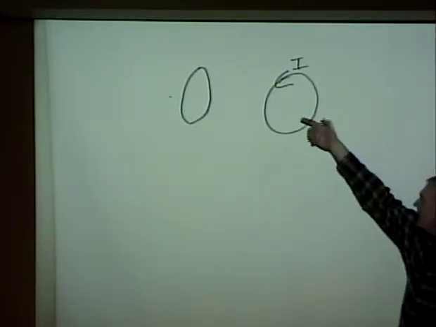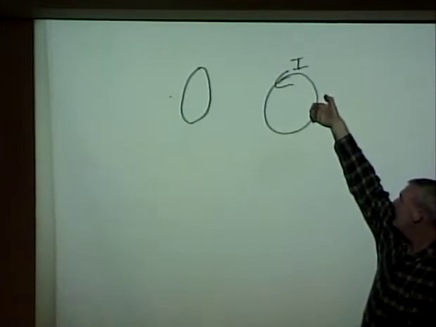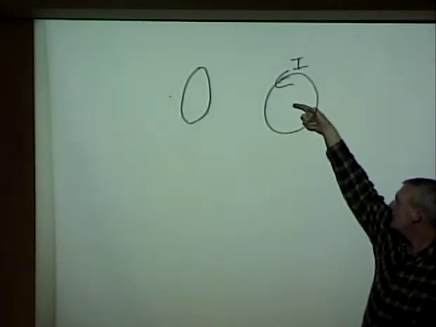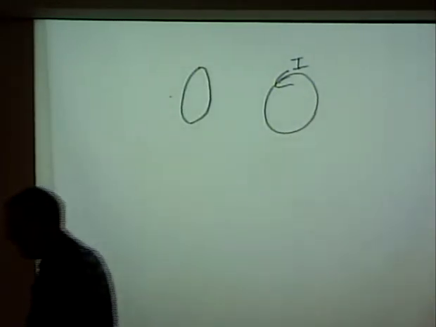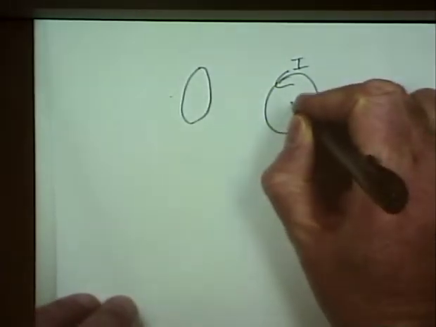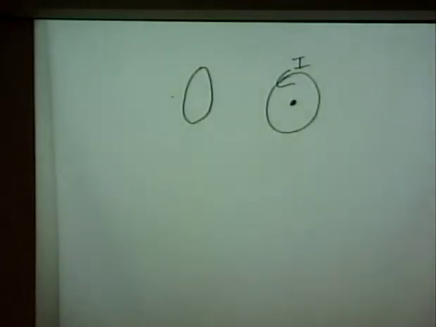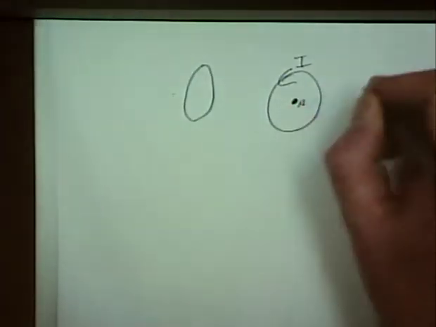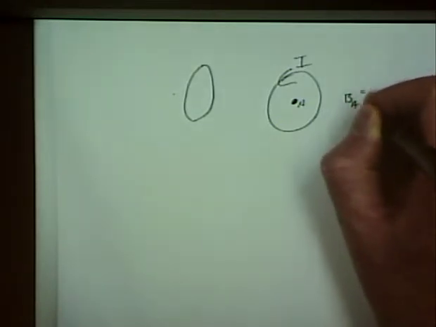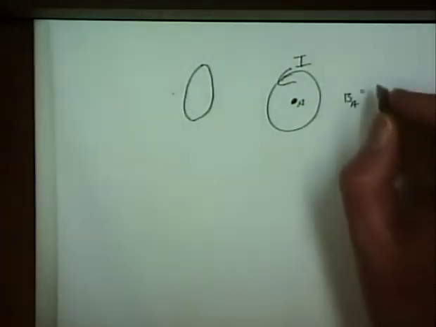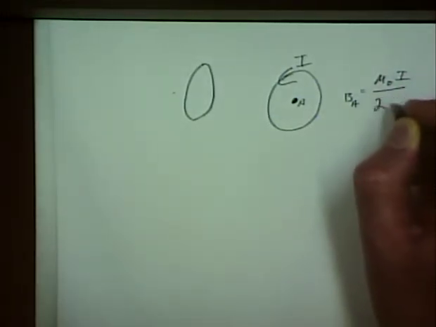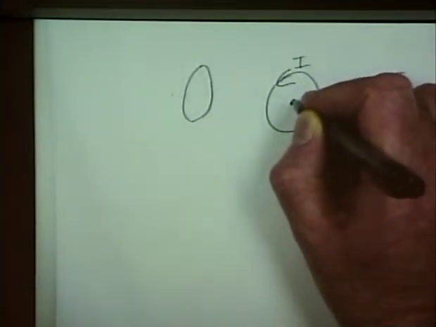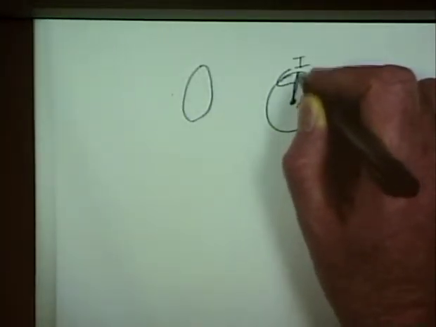So at this point, the B field is coming straight out at you. And right here, dead center, it's coming out, the B field here at point A. So the B field at point A caused by I, caused by that wire, is equal to mu naught times I over 2 times the radius of your loop,